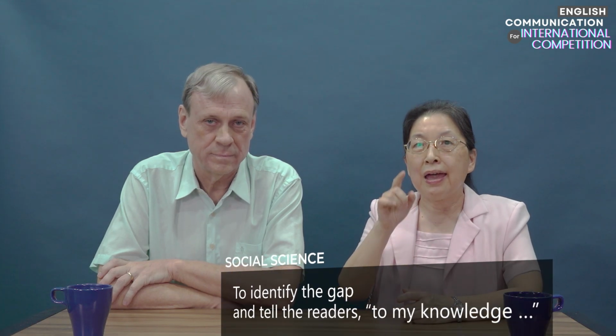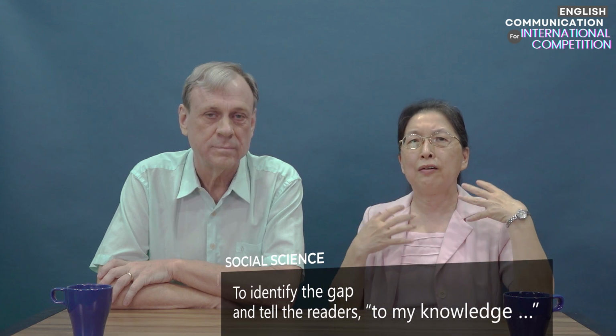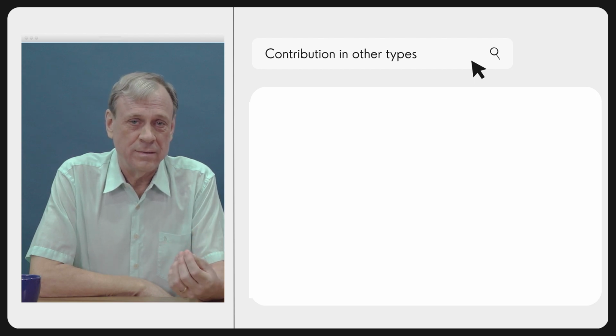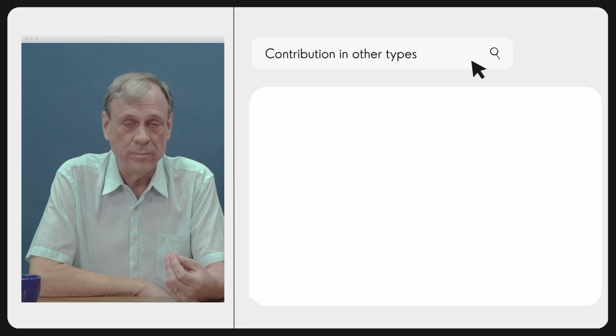And again, that's very common in some fields, not all, to indicate that there's a gap in the research. Again, that's more common, I think, in social science than in engineering. In social sciences, we need to identify the gap. And we also need to tell the readers, to the best of our knowledge, no research has ever been conducted on this particular topic. And you see that also in science, but again, not so much in engineering, because there's no gap. Everybody is working on the same thing, and you're just trying to present some sort of an improvement on the current design.